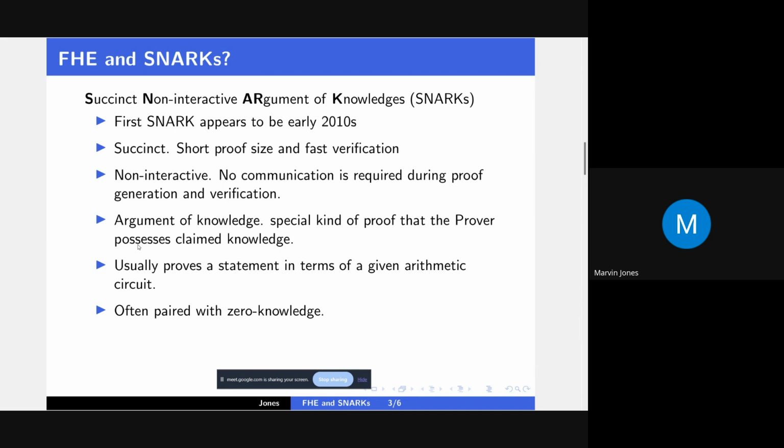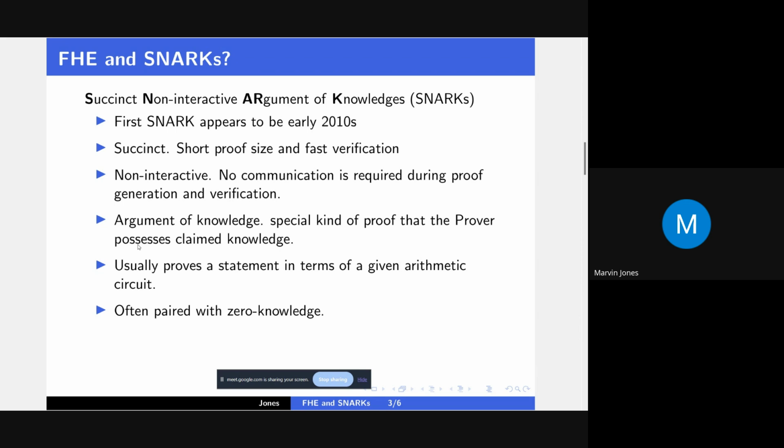But Muhammad might be saying they're going, no, it should be a polylog. So there's a little bit of an argument on what succinct is, but I think sublinear makes the most sense. But anyway,